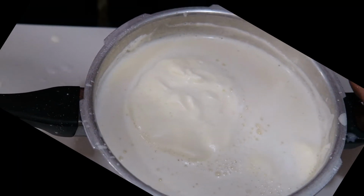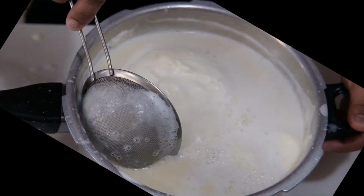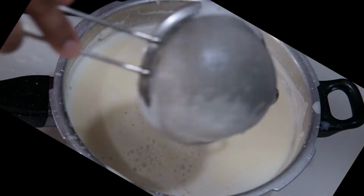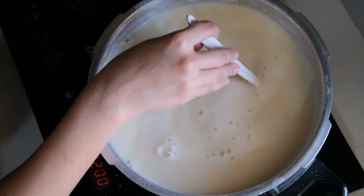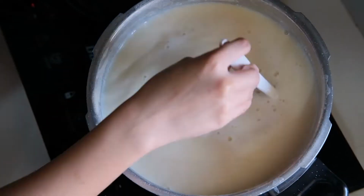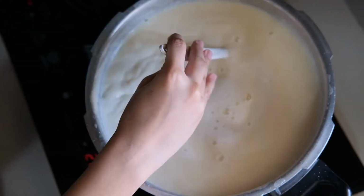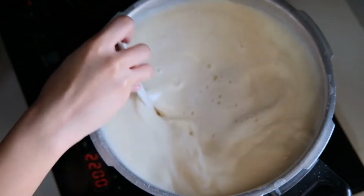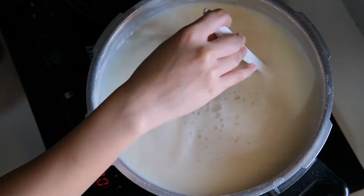Finally, we gathered all the milk. First is to strain the top to remove the foam. Cook the milk in low heat with continuous stirring as the milk bubbles up when simmered. While waiting for it to boil,